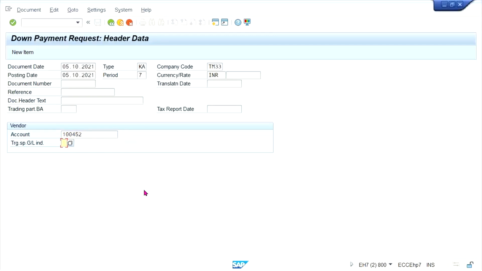And here we have to give a special GL indicator. So guys, this is a down payment request, right? It is also called a noted item. What is this noted item, guys? A noted item is generating a kind of notification,